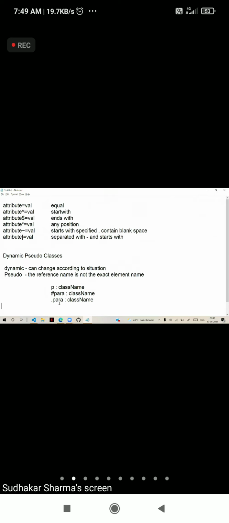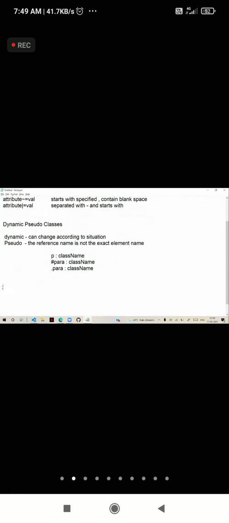So the dynamic pseudo classes, we have options like link, visited, hover, active, and focus.